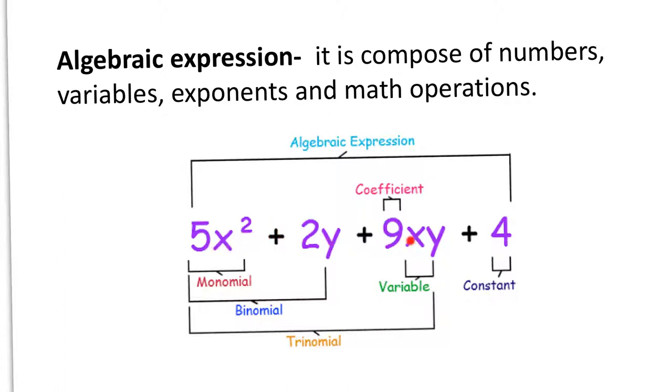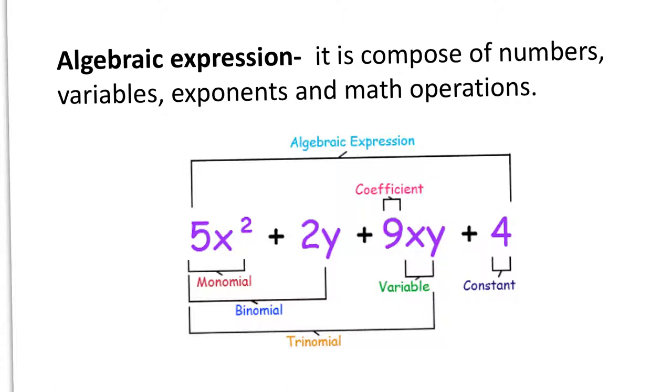plus 9xy plus 4. First of all, it is an expression because we have variables. You guys see the x, the y, x, y. We have exponents. You guys see the squared here. And you also have variables with some exponents that you guys do not see, so they're invisible. So the ones I'm looking at is this one here, the y. You cannot see an exponent. The x here, you cannot see an exponent on top of the x, and the y, you don't see